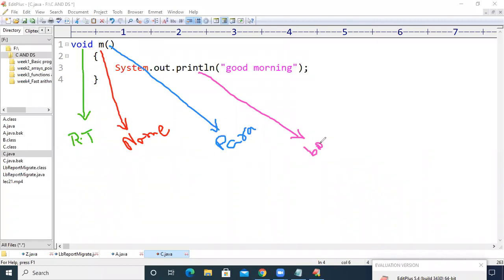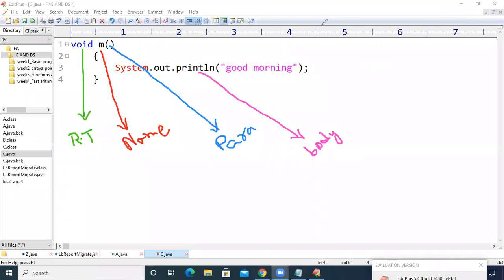These are the 4 parts that a method, or we can call it a function, will have in every programming language. It may be C or C++ or Java or Python, etc. In every programming language, we need to have a method similar to this one. There should be one return type and one name. Parameters are optional. It depends upon our need. When we want parameters, we can have them within the method definition, or when we don't want them, we just leave them alone. And the fourth part is the method body.